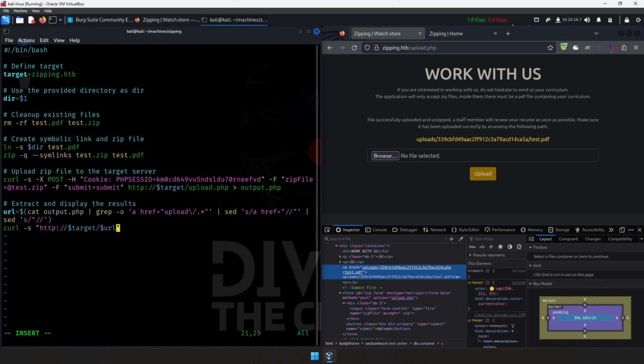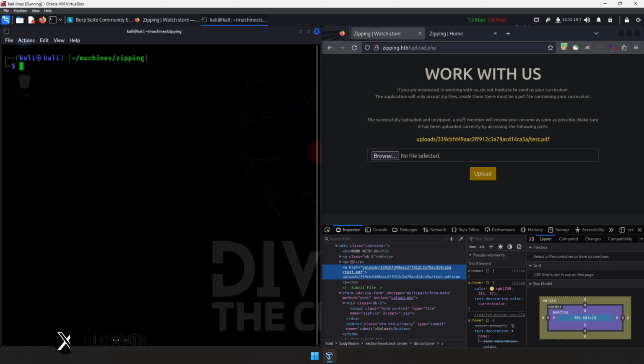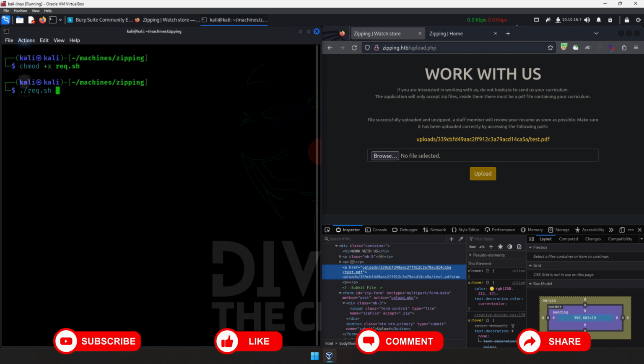So this script is going to take the directory path and convert it into a zip, upload the file, and extract the result and display it to us. So we don't have to go to the browser and click it again and again. So let's close this, write, quit, clear, and we'll provide the permissions: chmod +x request.sh. Now if we run this